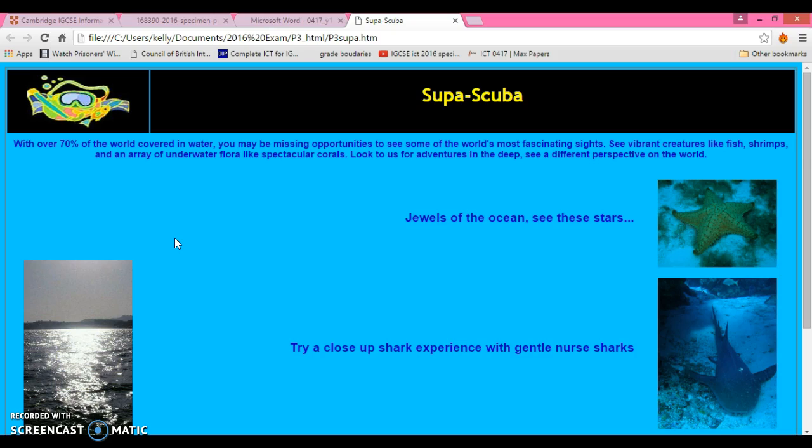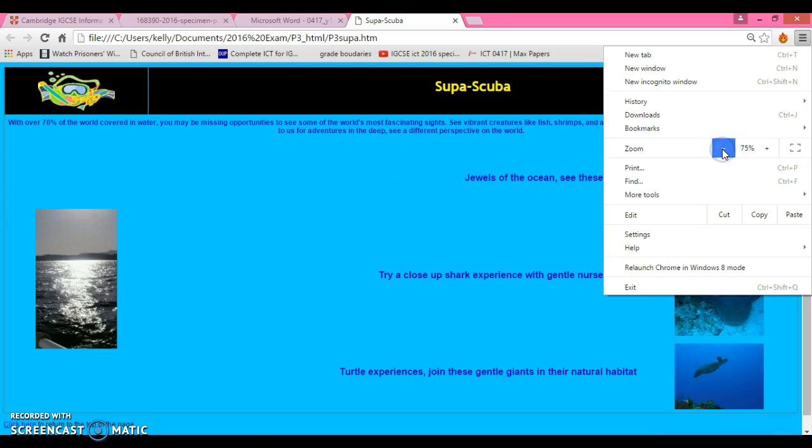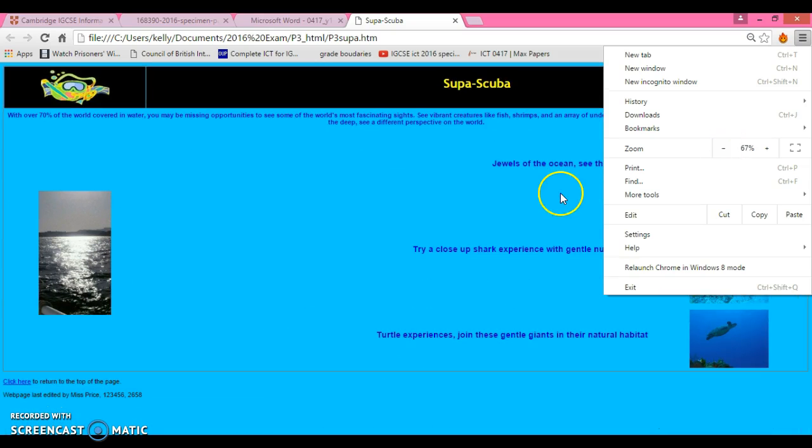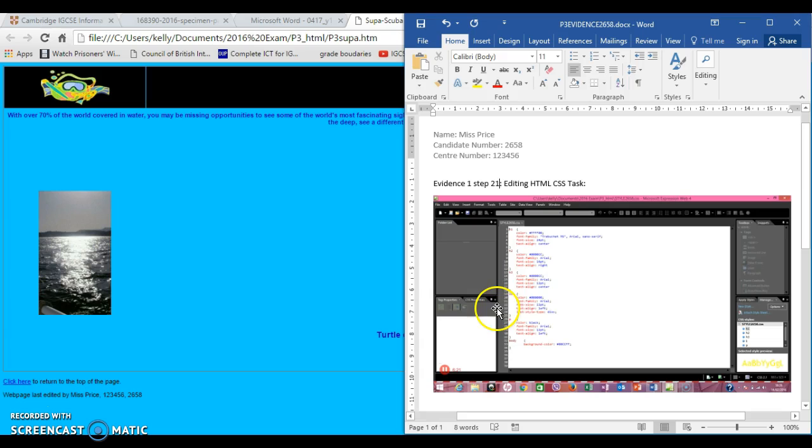Okay, and that appears to work. So now what I need to do is resize my browser so I can take a print screen and the examiner can see all of my web page. So print screen, then I'll go to my evidence,